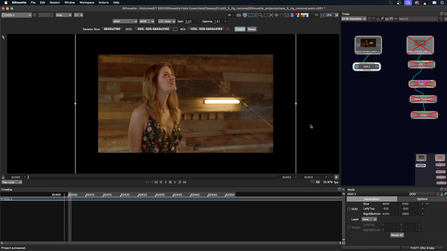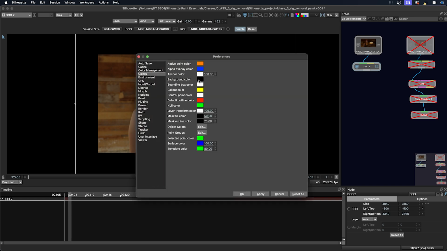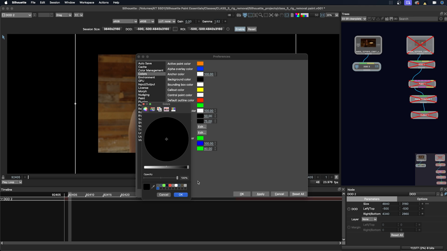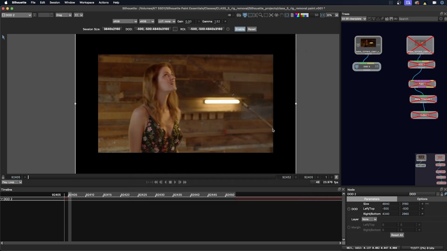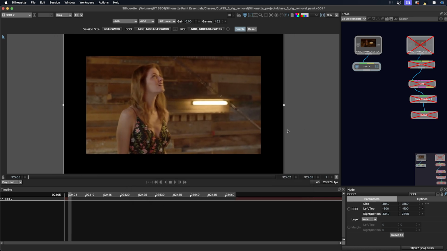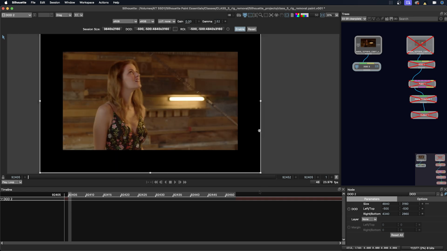But it's kind of hard to tell because it's just all black. So what we can do here is go up to the preferences. I'll open them up. And we can go to the colors, and I can change my background color. Maybe I'll just choose a gray, click apply, OK, and apply. And now you can see that my background in the viewer is actually gray, but I'm going to change it back to black.